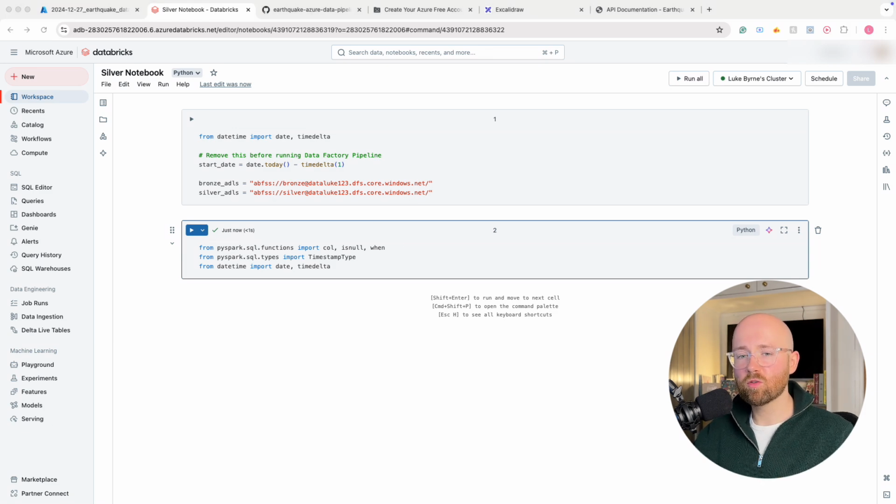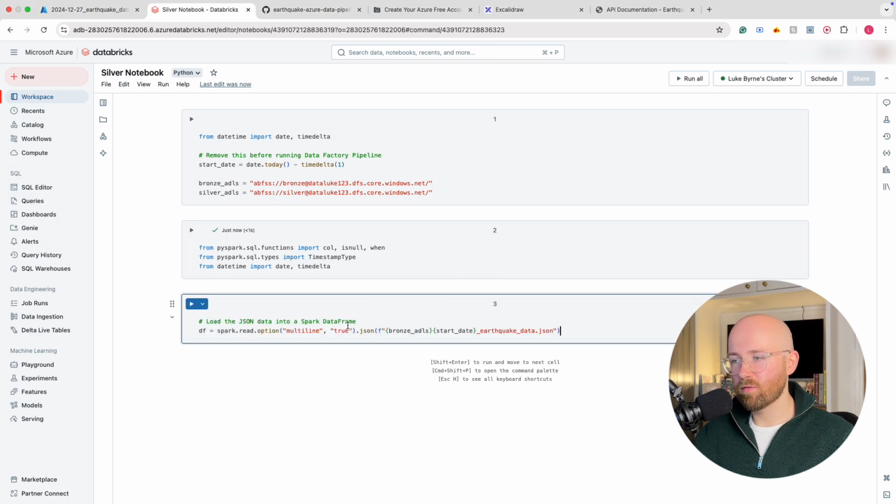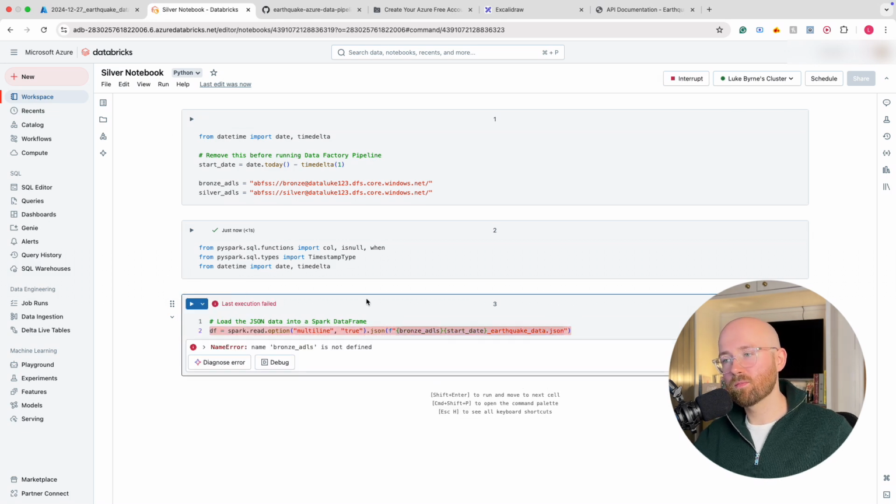So now that we have Spark up, this is where we start using things like data frames. Your data frame is essentially just a frame which has your data in it. It stores a schema plus the data, essentially. I'll show you in a moment what that looks like. So df equals spark.read.option multiLine true, it's a JSON file, and this is the file name and location. So if we play that cell,